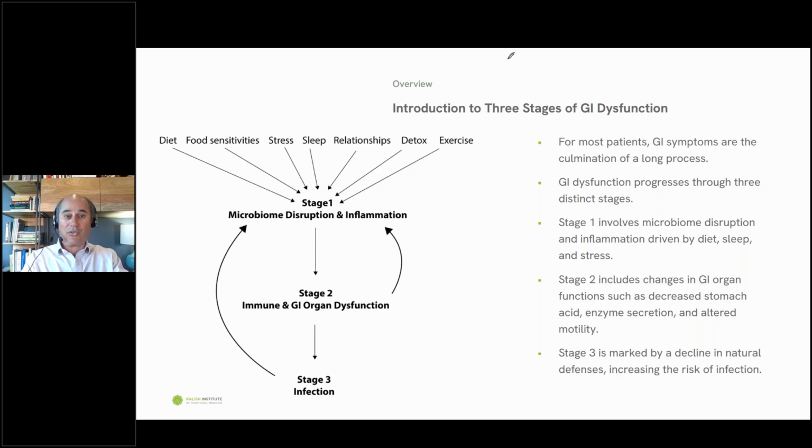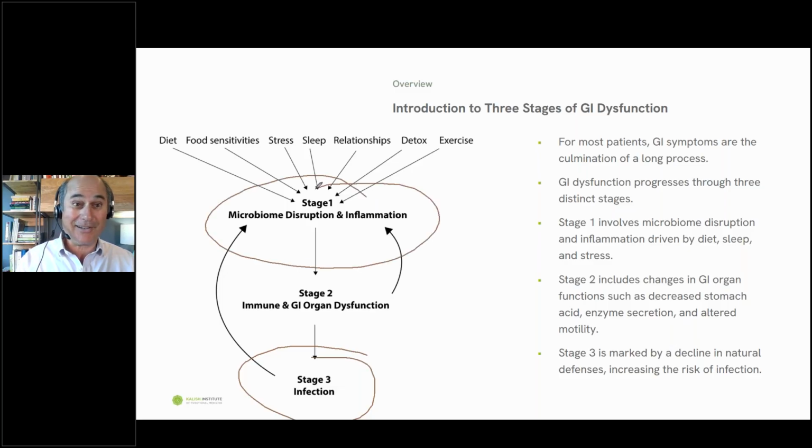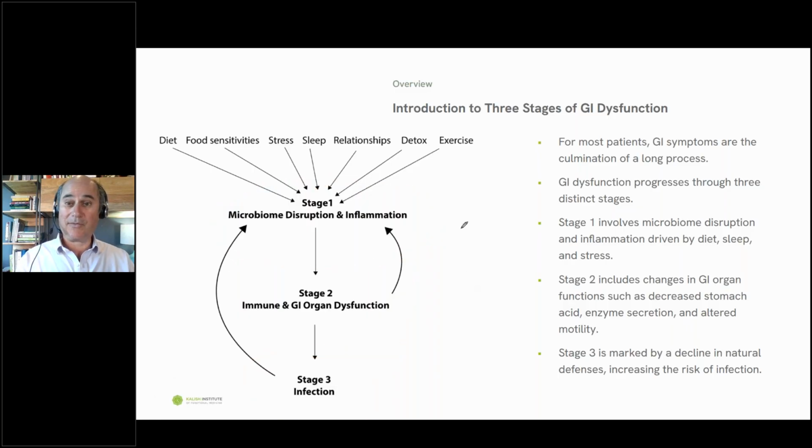In fact, if you try to remove things first, with half the patients that I have, they're just going to get sick and get mad and go away. So there's a lot of times when you've got to start here with stage 1 and build yourself up to treating infections as the last part. I like this because it's more flexible. You've got to be on your feet a little more with these different stages.